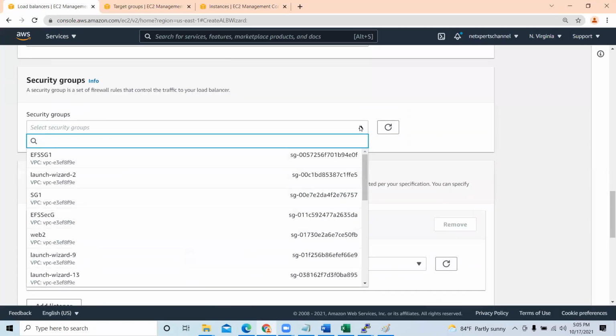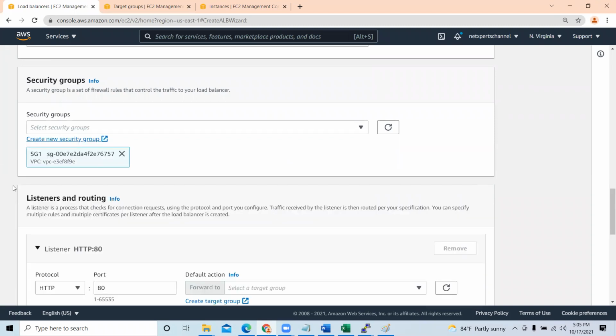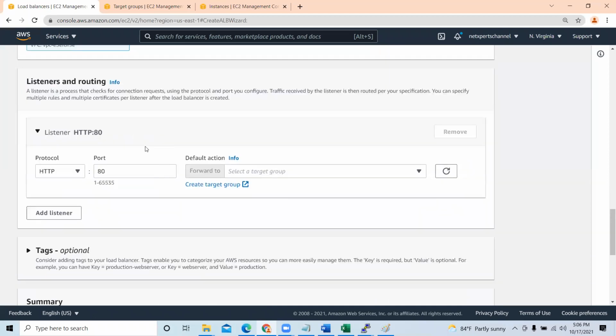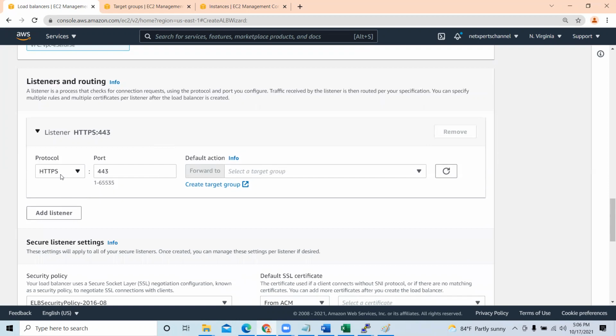Let me choose the SG security group, right? You should listen on HTTPS, guys, not HTTP. If you want, you can choose HTTP. So I'm going to choose HTTPS port 443 and